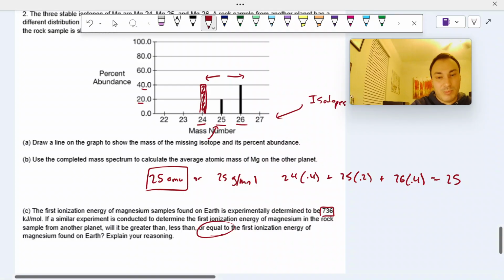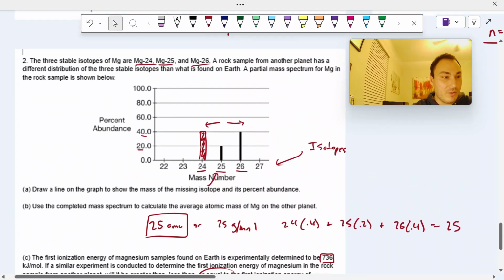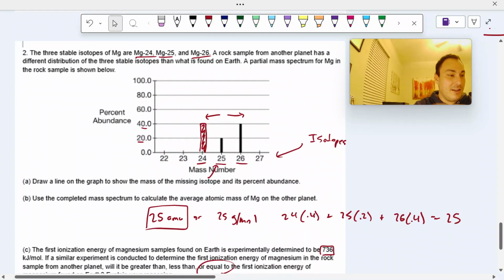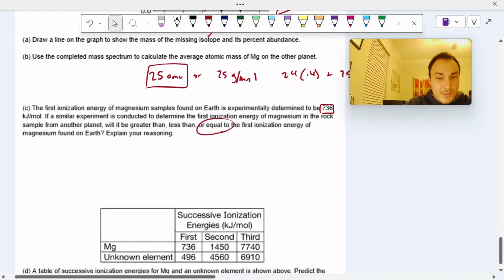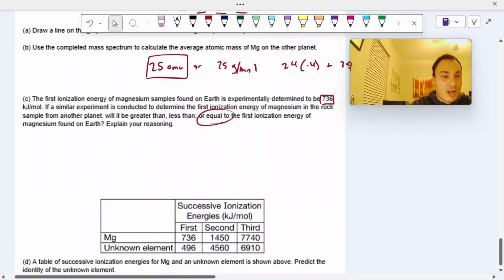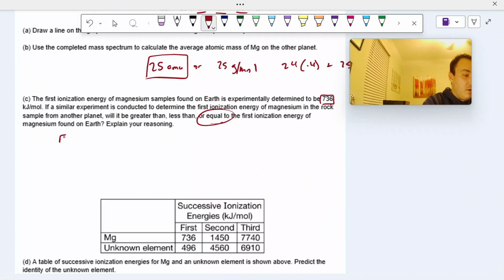Isotopes are same protons but differing numbers of neutrons. Ionization energy is based off of electrons and protons. It's still magnesium, so we still have the same number of protons. And since it's all neutral, we still have the same number of electrons. So therefore, the ionization energy is going to remain the same. So equal to,